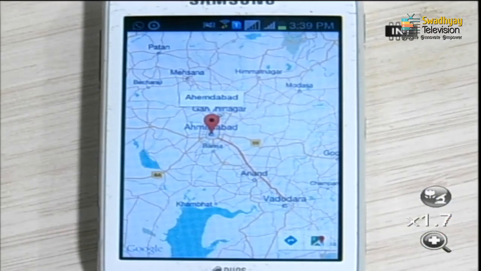So, this is how we can display a map inside our application.